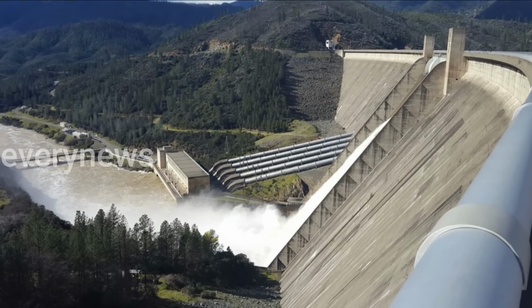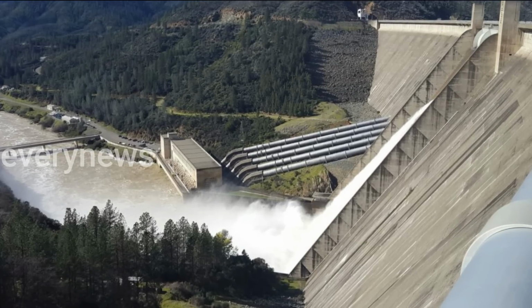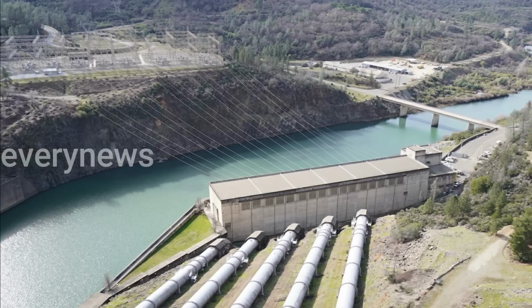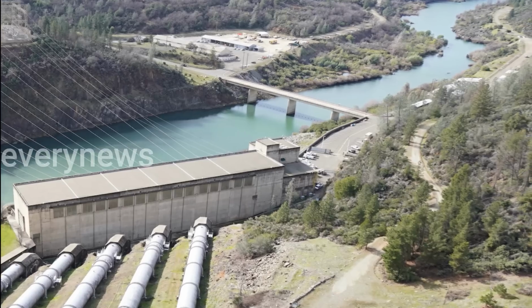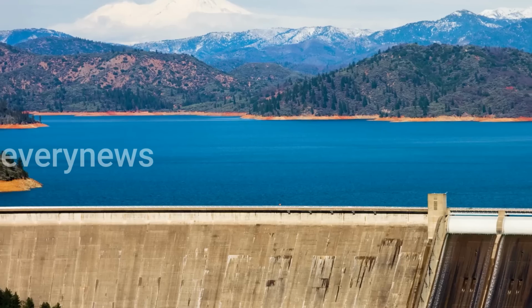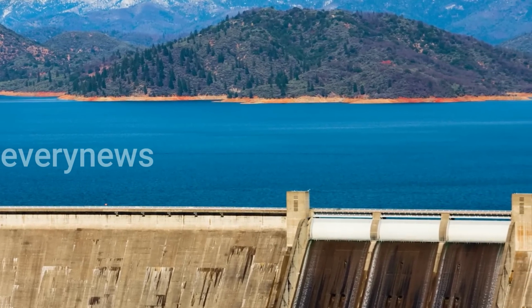possibly caused by seepage. The California Department of Water Resources had the dam inspected, and a team of investigators determined the vegetation growth was seasonal. The agency report concluded there was not increased seepage through the dam. Instead, vegetation had for many years grown on the face of the dam, the report said. An area of the dam greened up during the rainy season and then dried out and turned yellow and brown